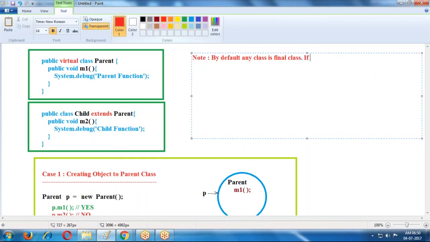If you want to use this class in other classes, we must use the virtual keyword.